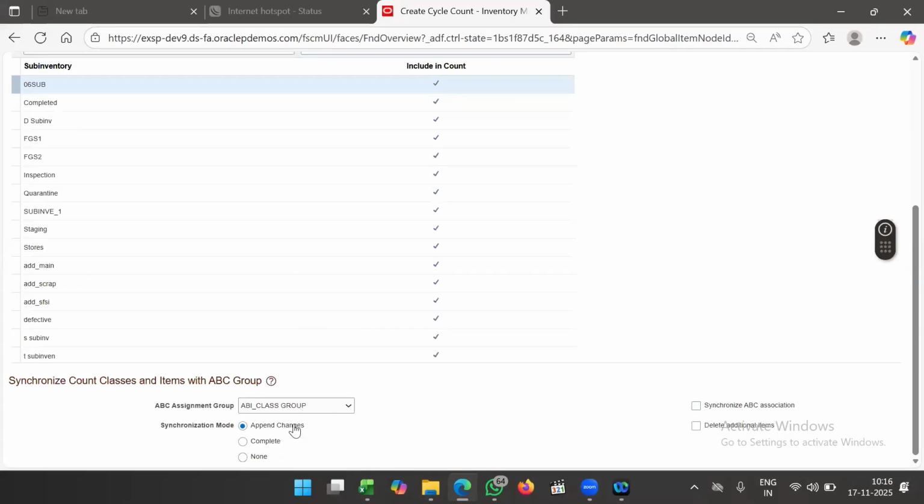So if you select the abandon change, then only it will ask to synchronize ABC association, delete additional item. Delete additional item in the sense whichever item is deleted, that also will be included and deleted from that existing ABC count. This synchronization is, so whichever is